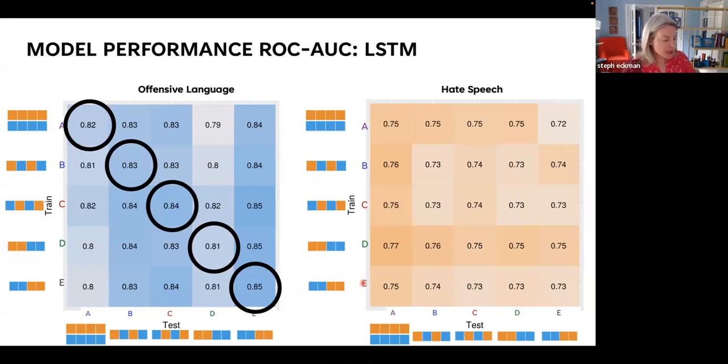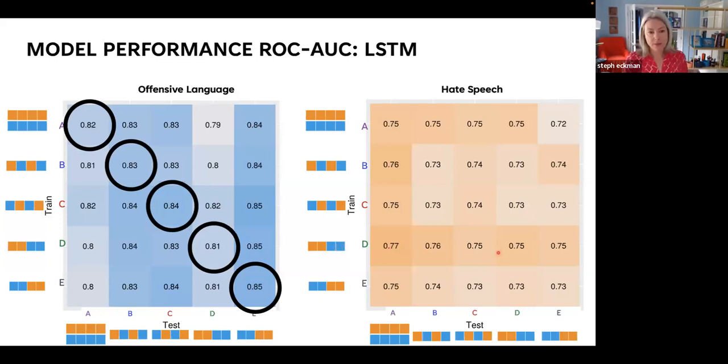I guess another thing to notice is that we generally see slightly lower performance of the hate speech models than the offensive language models. Hate speech is rarer than offensive language as well, so that might be part of it. But these row and column effects that we're seeing, especially in D and E, I think are related exactly to that fatigue or motivated misreporting effect that we saw in the previous graph, right? There's something about these D and E models and the fact that they make you go through these 50 tweets twice that causes some problems on the second half when you're going through those tweets again.